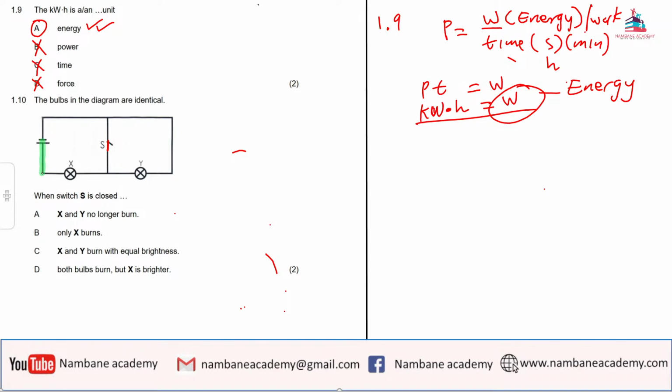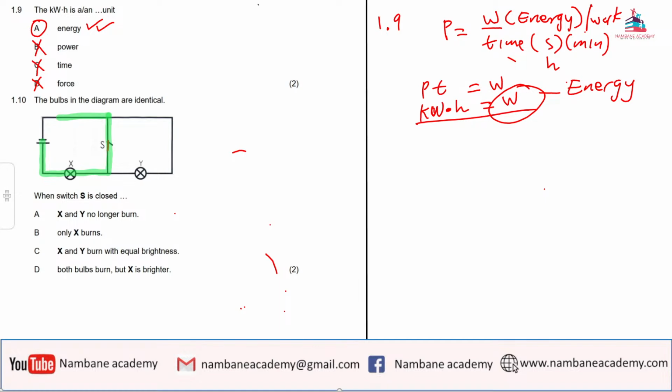The current will flow from there, go straight there and go back. It will not go to Y. Why? Because current always chooses the lowest path in terms of resistance. So it will not go to that bulb. So when switch S is closed,